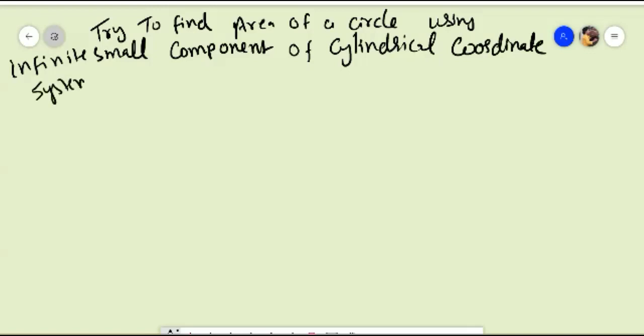Okay, you should know that the geometrical formulas for all the shapes we have been discussing, like in mensuration, a topic in mathematics in class 9th and 10th, which is the measurement of different shapes and areas, are also derived from these infinite small components of different coordinate systems like cylindrical or spherical. So now I will prove the formula for the area of a circle using the coordinate system.